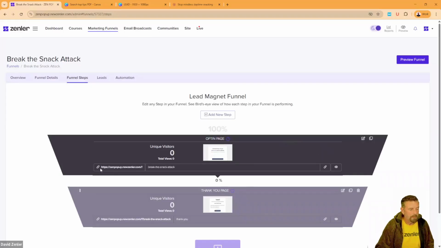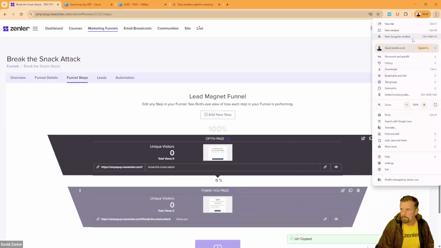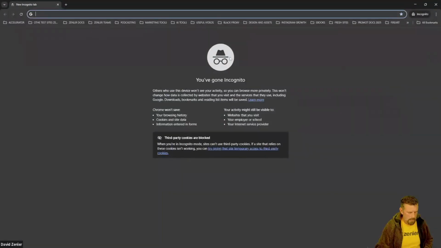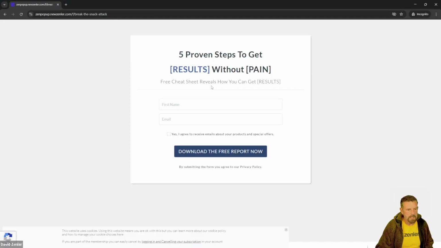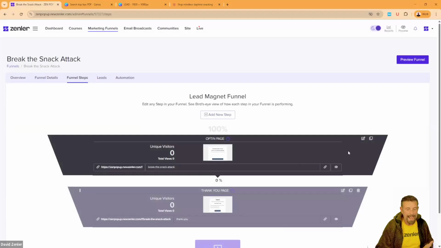So you're going to see that our funnel link here, this is our funnel link, right? This is it. If we look at it now, if I copy this URL and I come into incognito like this, and I put that link in there, it's going to be the standard. Look, it doesn't say anything, but it's there. You can see the funnel link works. So that's the first part. So we've got to edit this. So I'm going to go into edit steps